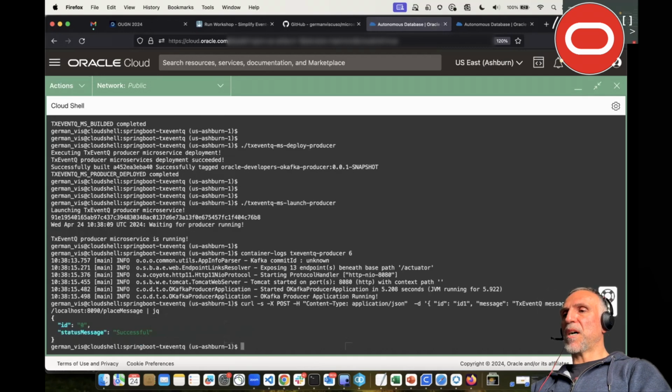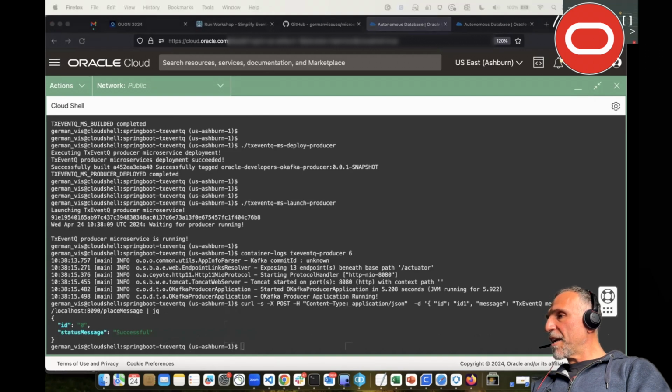Okay, ID 0 successful. It got assigned the ID 0. I'm seeing an issue here with the IDs not being passed for the message. Remember, we said it should be ID 1, but it got assigned ID 0 for the Kafka example. The same happened, so we'll have to take a closer look at that. But it's not a big deal because what we're really interested in right now is in seeing that the message